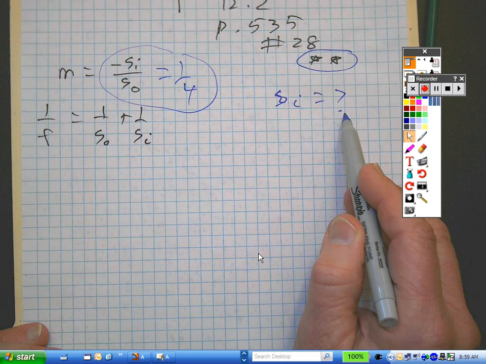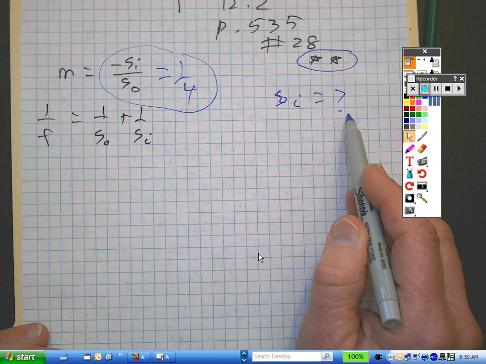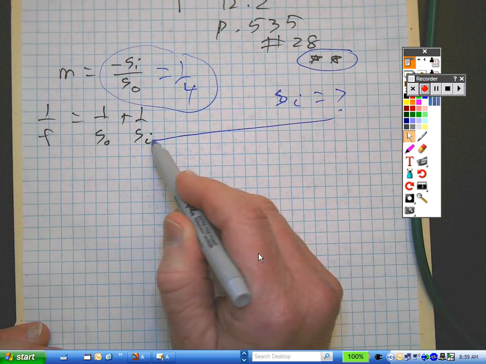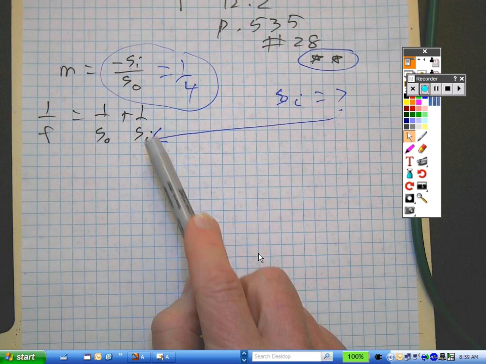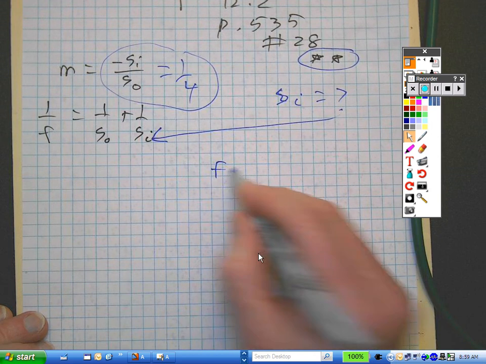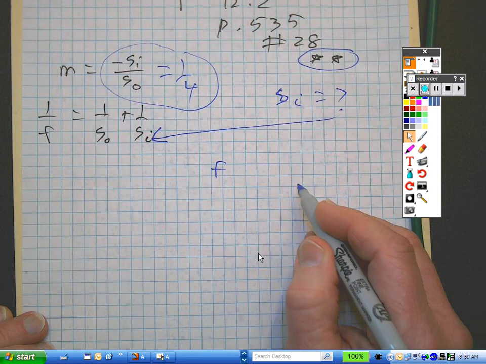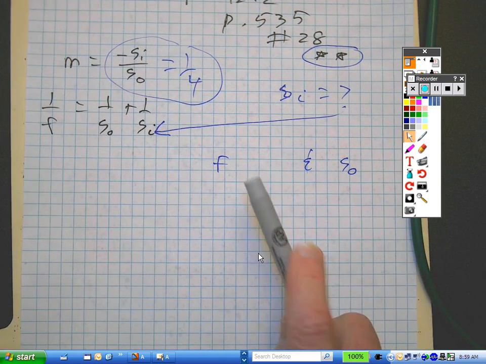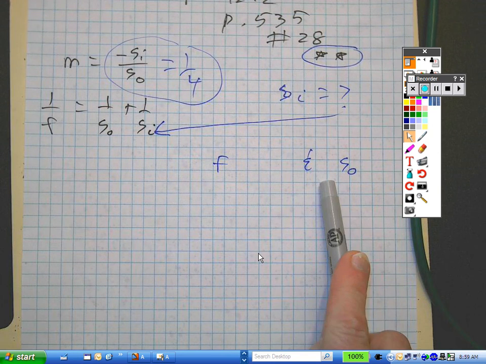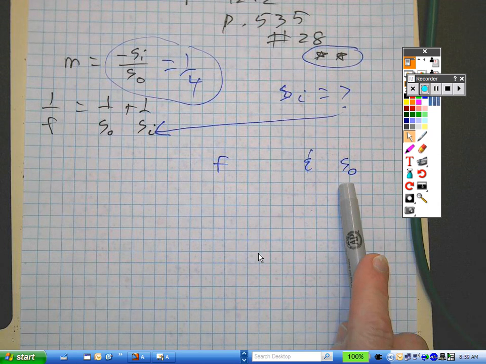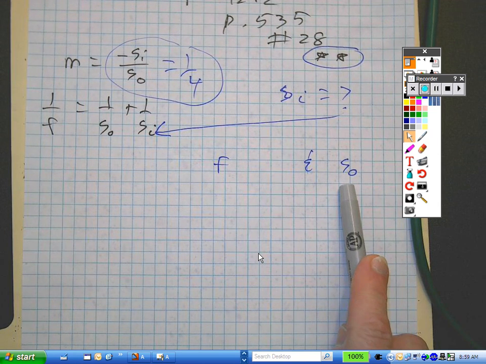Then what I would recommend doing is plug this SI, wherever this is, in for there. As you substitute this, then you'll end up with a formula which has F in it, the focal length, and also SO in it. So that seems kind of frustrating because you still have an equation with two unknowns. But recognize that then you are going to switch and look at, so it says, what is the magnification